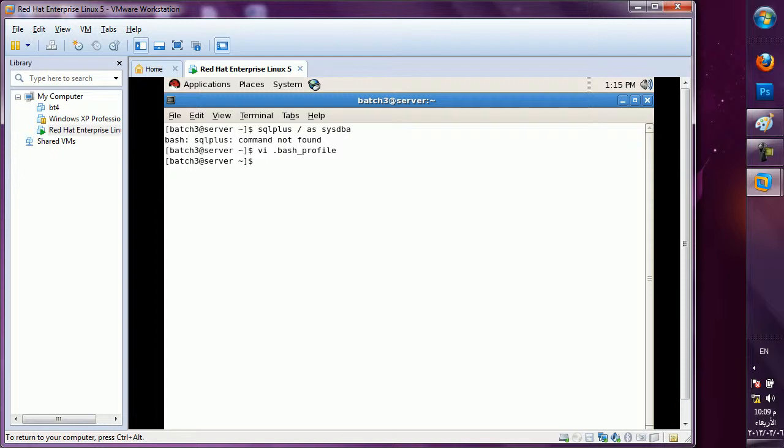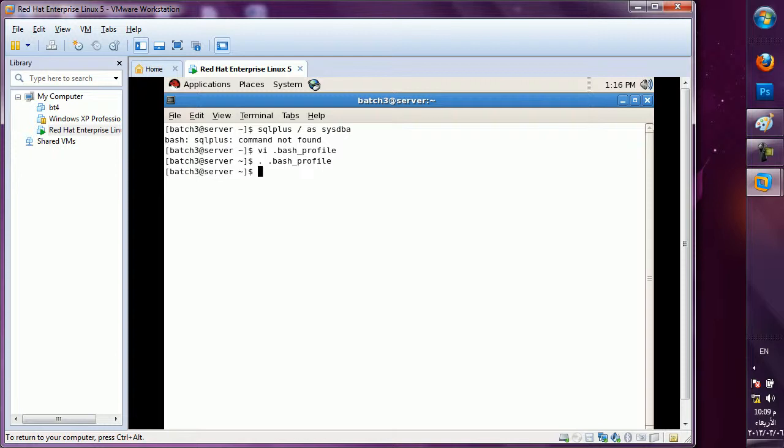Now I have typed that text, and I want to execute this file. For running the file, use dot, and again type the file name. The file name is profile. Enter. Now it is executed. If any error is there, it will show you the error. Because all the things were correct, no error is there.